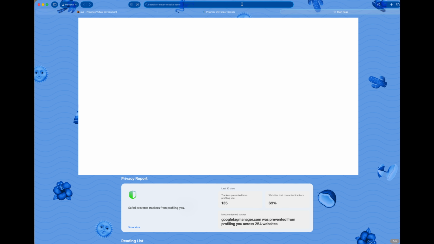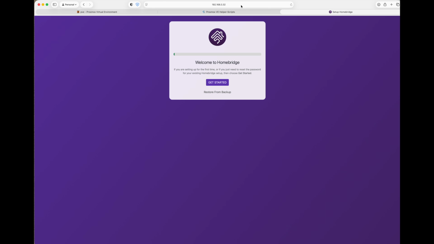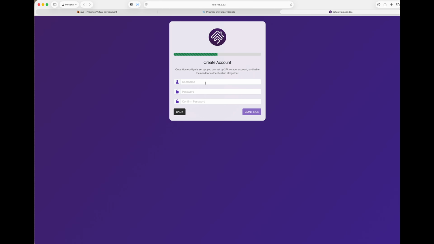open a new tab. Okay, now we can go with the configuration of Homebridge. So get started. We need to create a new account, a password,